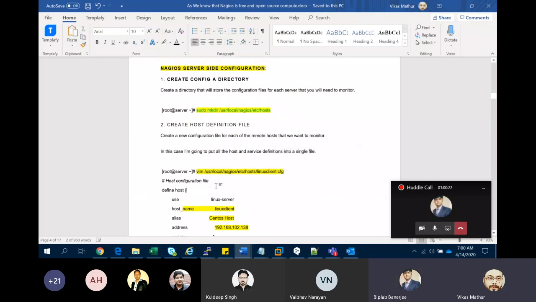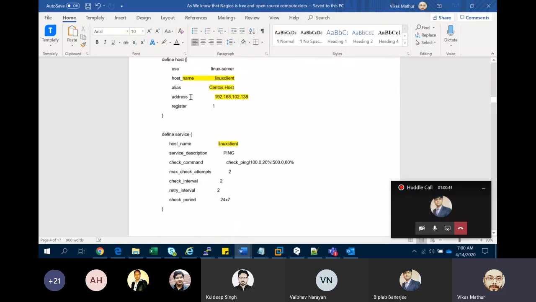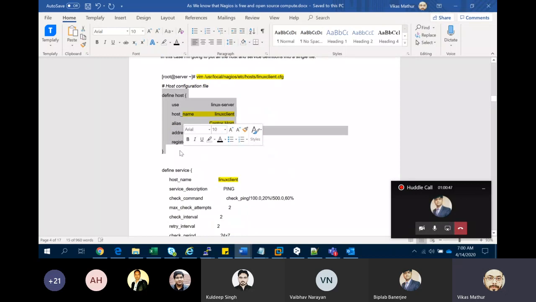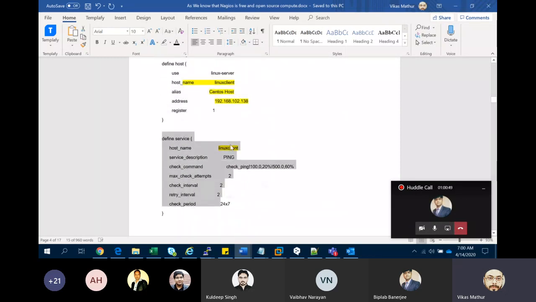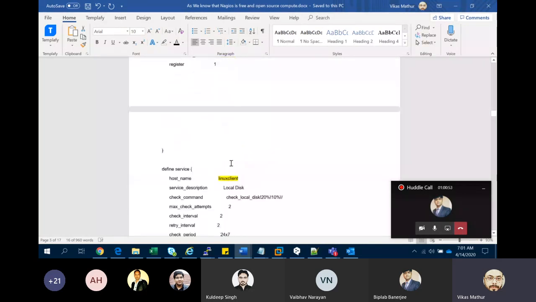You need to paste all the configuration over here. I have created one directory in /etc/host. Under this host directory, you need to create one configuration file for that particular virtual machine, that is linux-client.cfg. This defines your host name basically, and the other services are ping and check users.